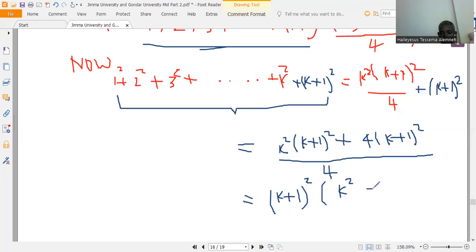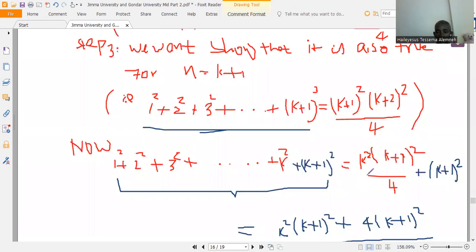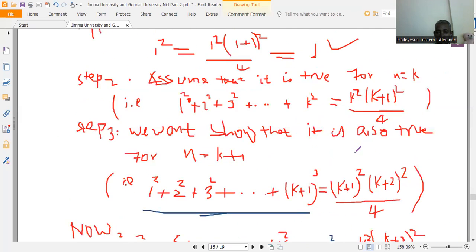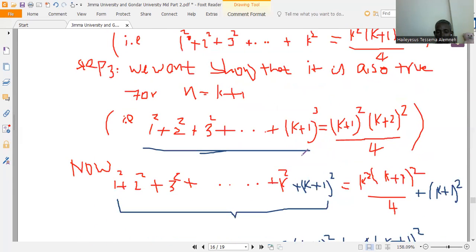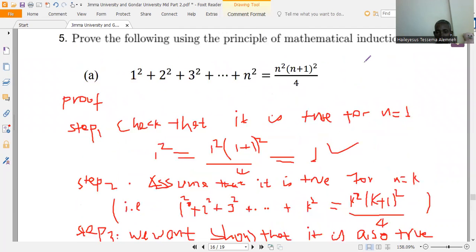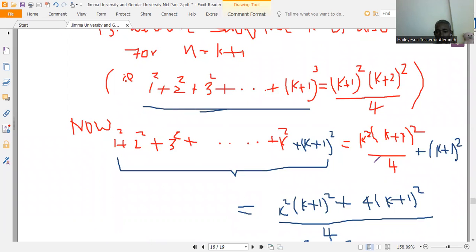እዚህ ጋር ደግሞ 4 ይቀራል ኦቨር 4 ማለት ነው። ሶ እንደምታዩት which is k + 1 k ድረስ እንደዚህ ነው። ከዛ k ስኩዌር ፕላስ k + 1 the whole square over 4 ነው። ከዛ k + 1 ተርም k + 1 the whole square k + 2 the whole square over 4 ይሆናል ማለት ነው። k + 2 the whole square over 4 ይቀራል ማለት ነው። so k + 1 ስናደርገው